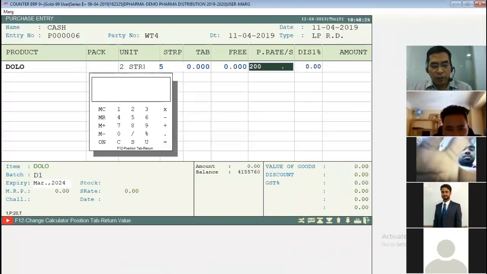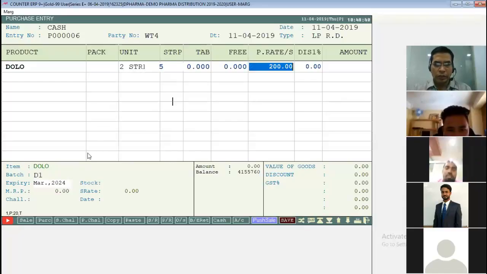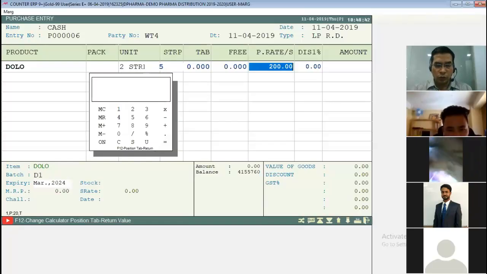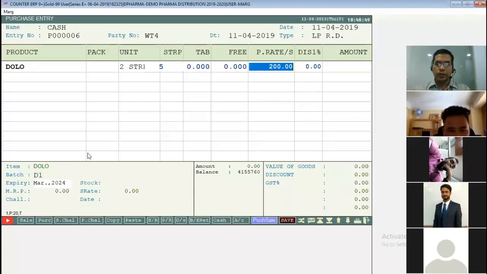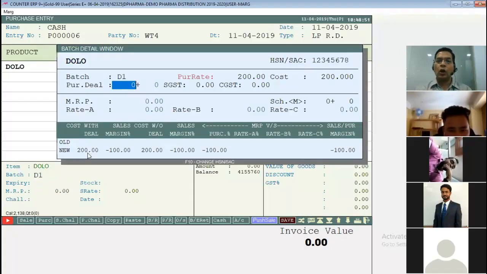The total amount of one strip is 200, and one strip contains 20 tablets, so divide by 20. F12, 200 upon 20, look at that, 10 rupees each. So that is my purchase rate. Let it be, enter. Now I think we have discussed this batch window.